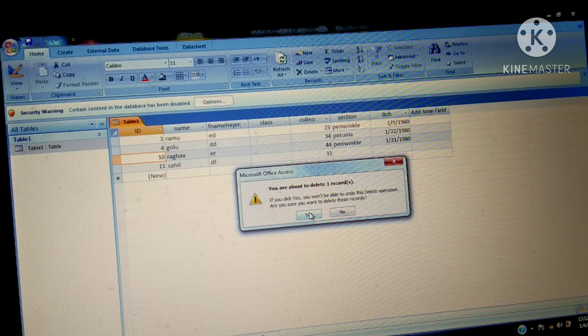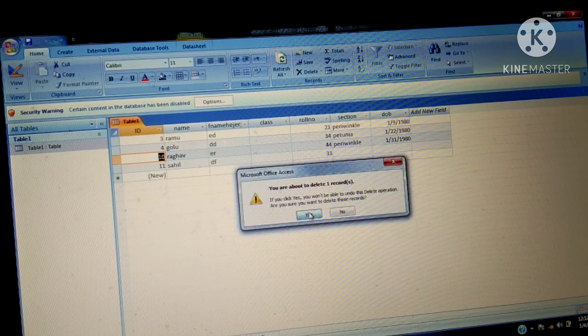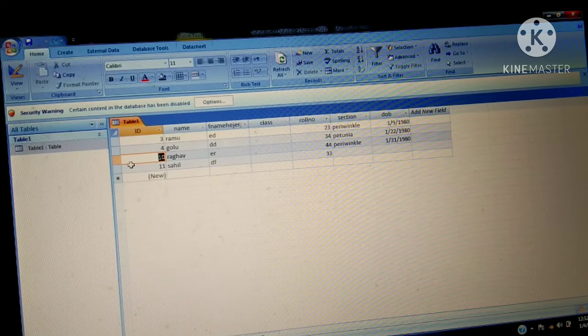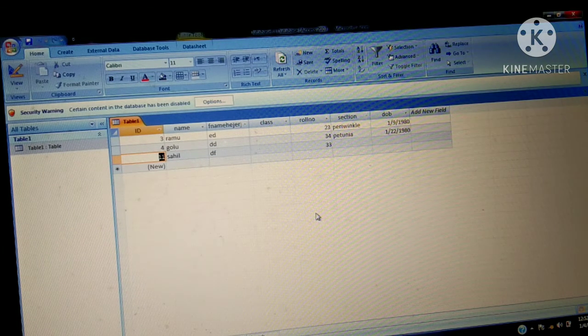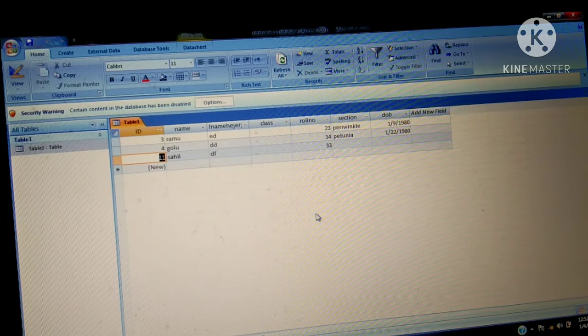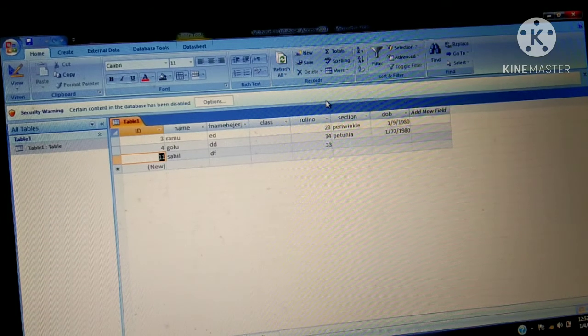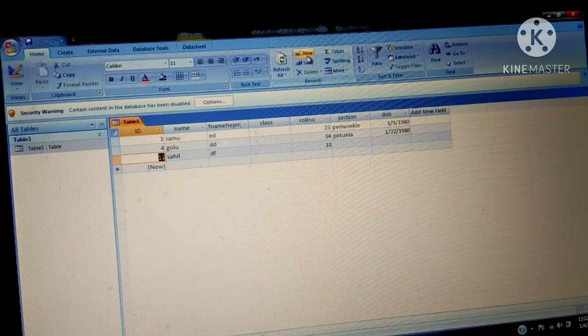Do you want to delete this record? Yes, you will check that the particular record will be deleted. First select and then click on Delete, and you will check that the record is deleted. Now if you want to insert any record, a new record is always inserted at the last in the database. You will click on the New option.